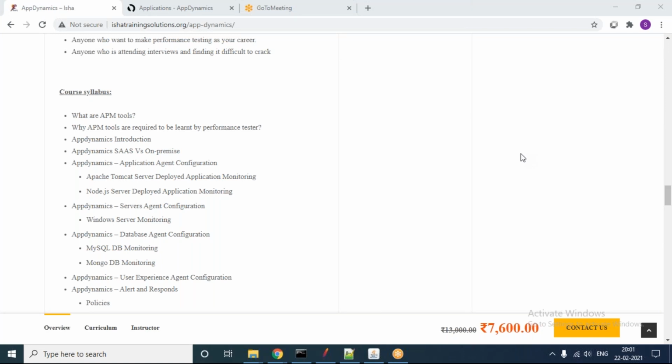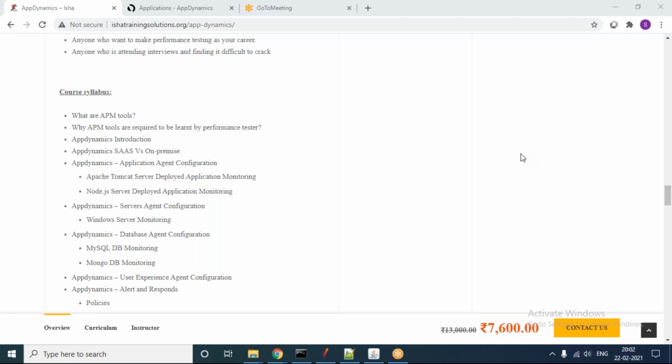So APM tools: application performance monitoring or application performance management tools. Why I started saying it is a management tool is because a monitoring tool will only monitor, it will not report anything to you unless you infer something from the data. But if it is giving you some alerting mechanism, some kind of recovery action, it is kind of doing the management also. That is the reason I'm saying APM means application performance management or application performance monitoring, whatever we call it.